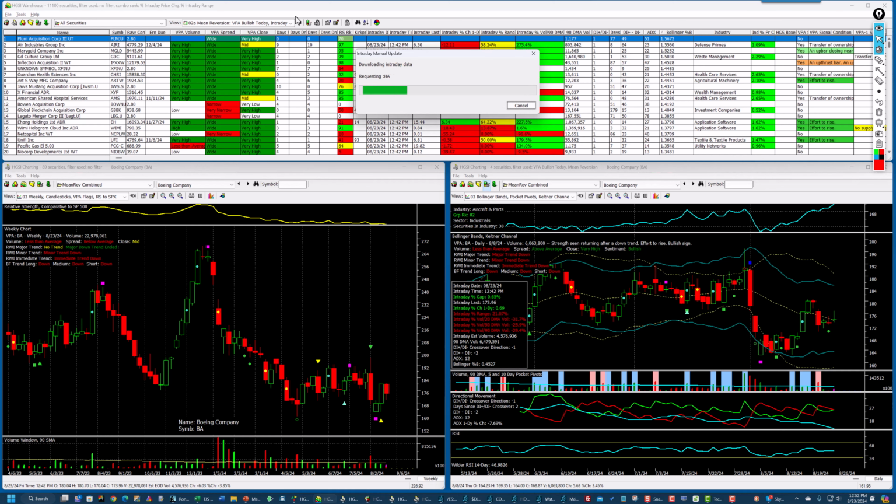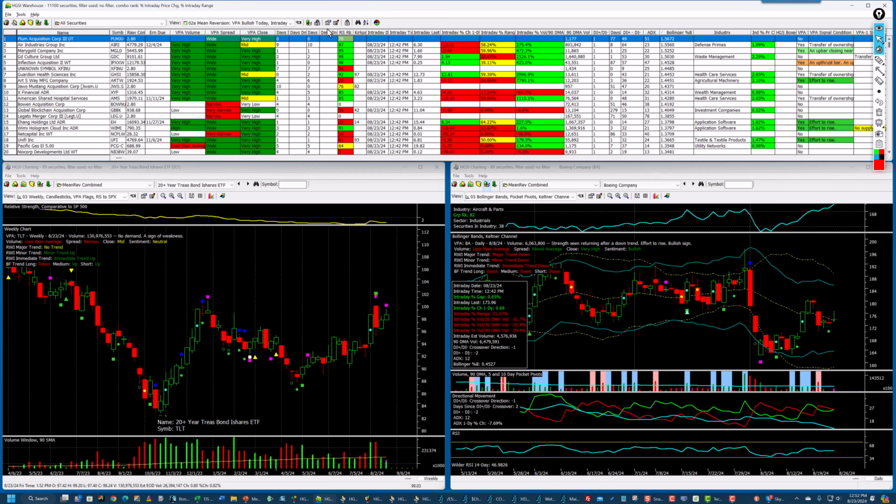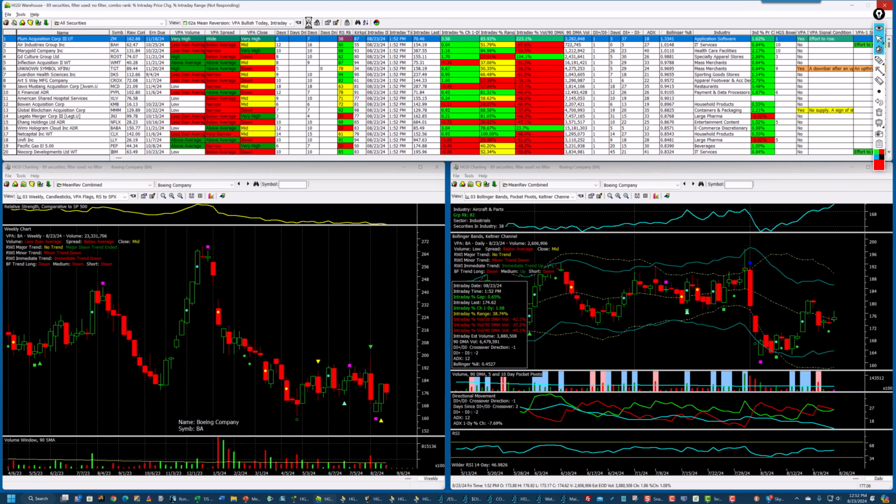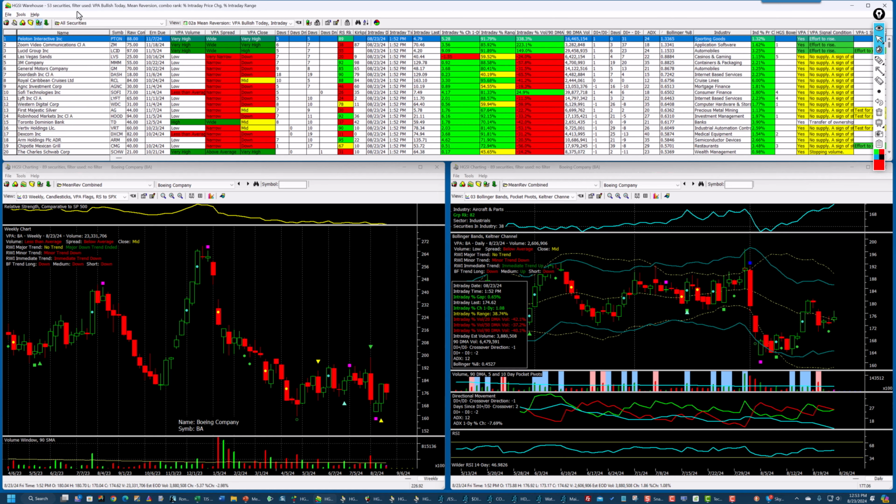Do an intraday update. And then I will apply the filter. You can see it's updating 11,000 securities right here, and it really doesn't take any time. It's amazing. And then I'll apply the filter. And that cuts it down to 53 securities, because remember, I'm going into that folder which contains the